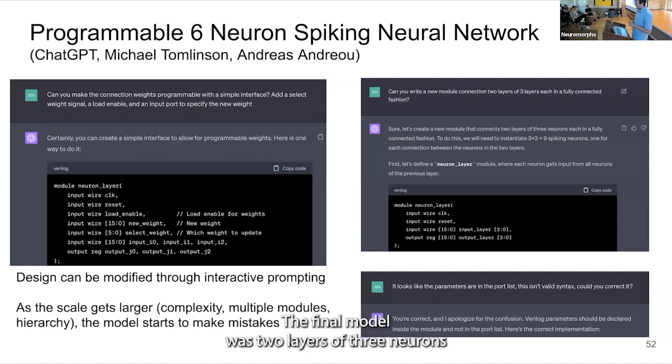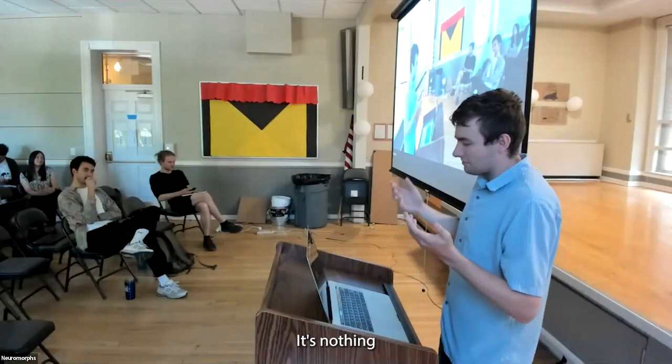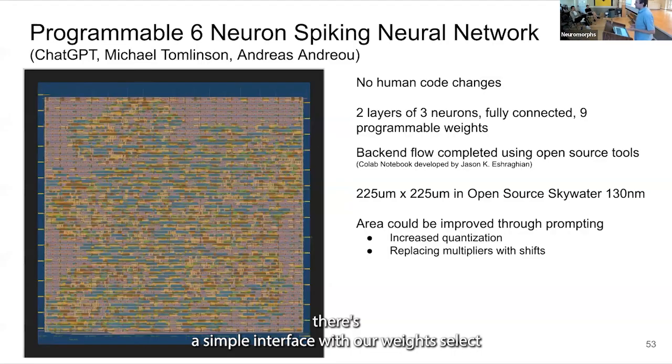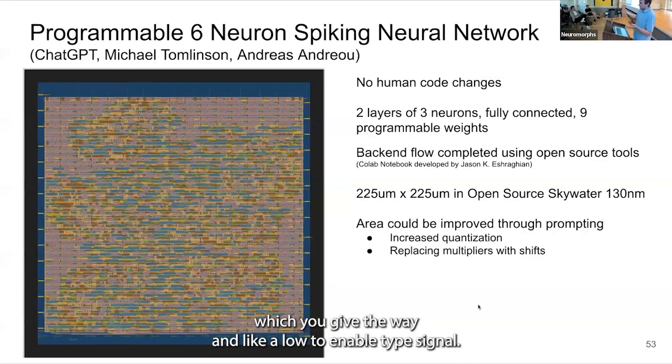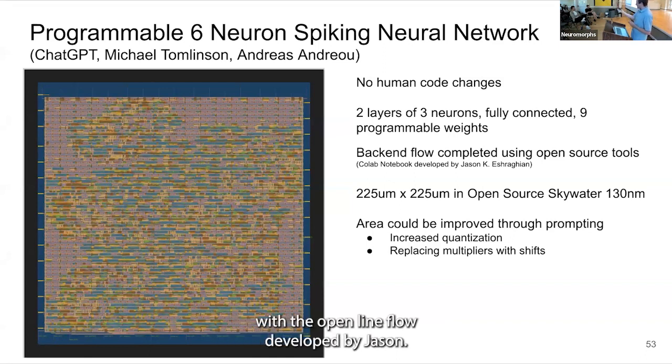The final model was 2 layers of 3 neurons, which were fully connected. So there were 9 programmable weights. Basically, there's a simple interface with a weight select. You give the weight and a load enable type signal. The backend flow is completed using the Google Colab notebook with the OpenLane flow developed by Jason. The final design was about 225 micron for 6 neurons and 9 synapses, which isn't too impressive, but